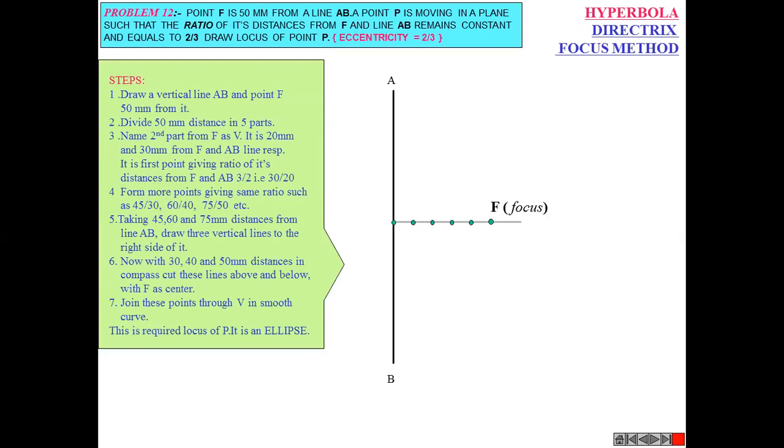It was discussed that this eccentricity value is wrong as it is a hyperbola. It is not 2 by 3, it should be 3 by 2 as mentioned here. I kept it 2 by 3 to discuss this problem only, that it is wrong and why it should be 3 by 2, because we have seen the definition that eccentricity should be greater than 1. By taking 2 by 3 it will be less than 1, and it will generate an ellipse. But we are discussing hyperbola, so this is not required. It is wrong, it should be 3 by 2. This is actually correct everywhere; I just kept it intentionally wrong.